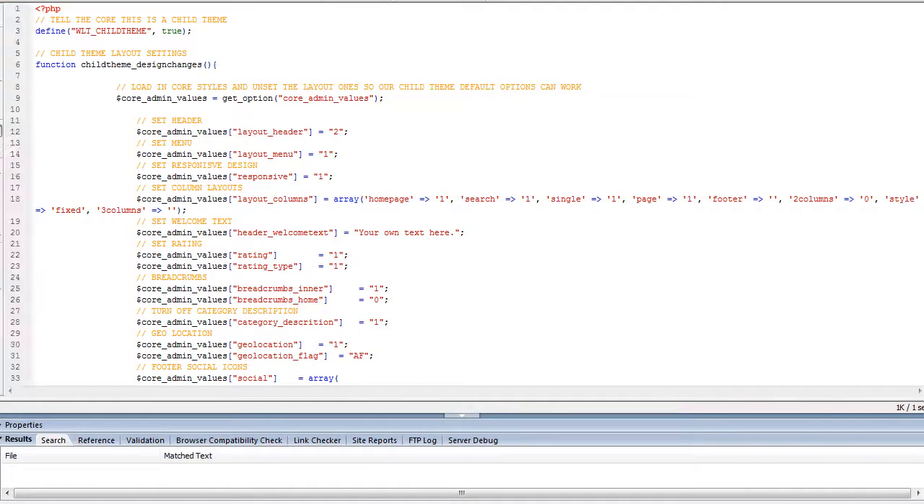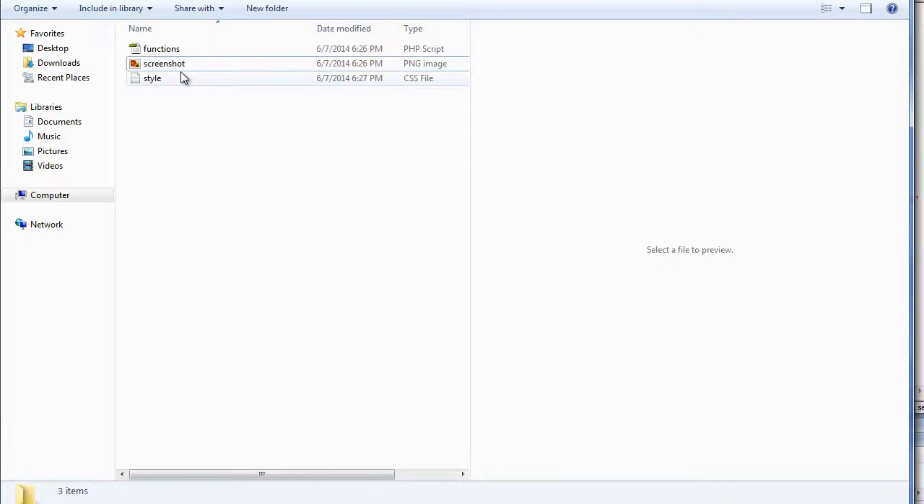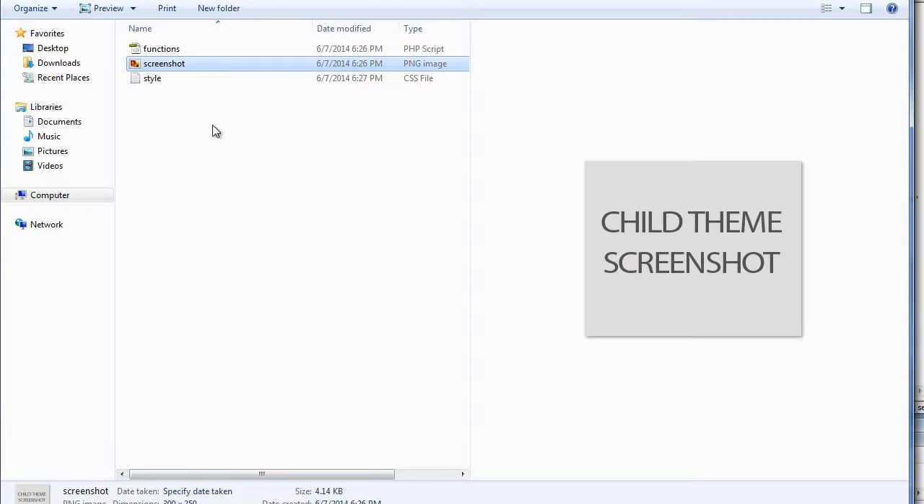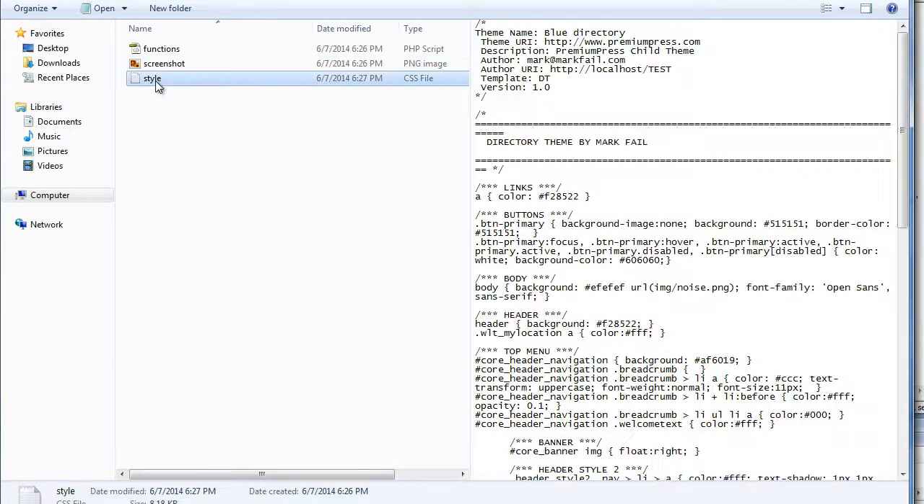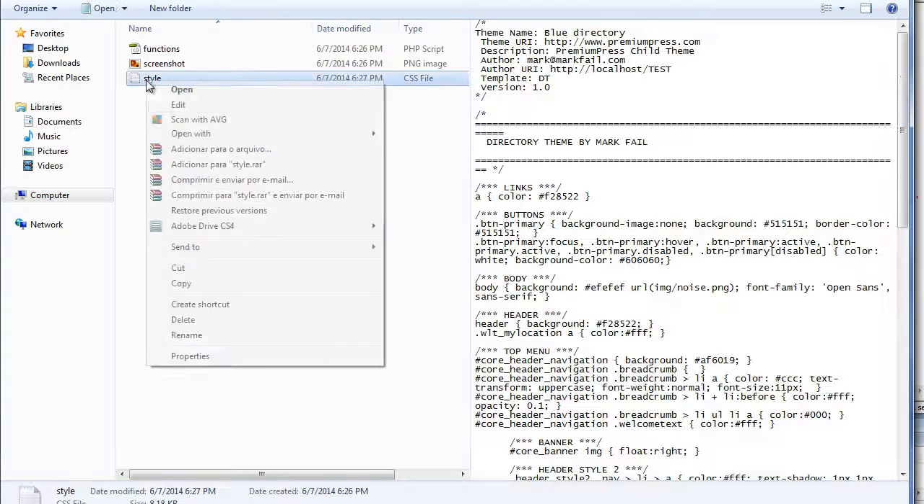If we go back to the directory, then we have a screenshot, and obviously this is just a screenshot for your child theme. So if you wanted to customize your screenshot, you can obviously adjust it there. And we have a style.css, and obviously it's very similar to the functions file. This stores all of the styling options. So if we open this,